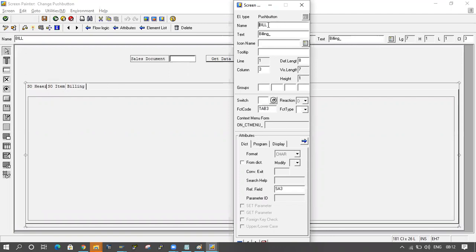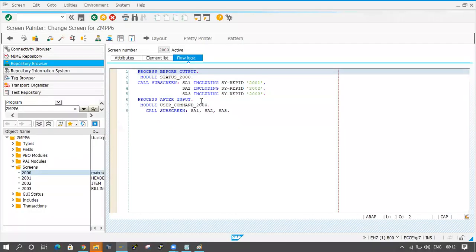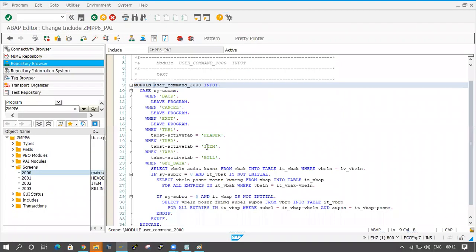ITEM under the billing. So bill is the name here. And tab 3 is correct only. Fine, this is correct only. And what about the item and bill? Exactly correct only.